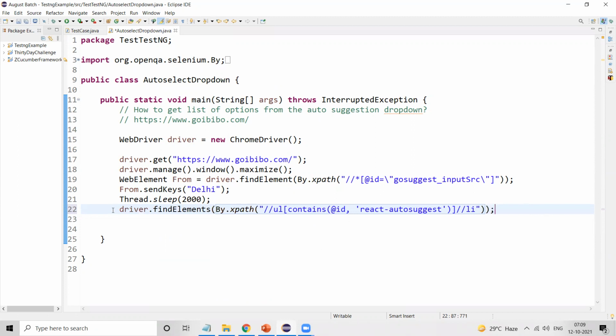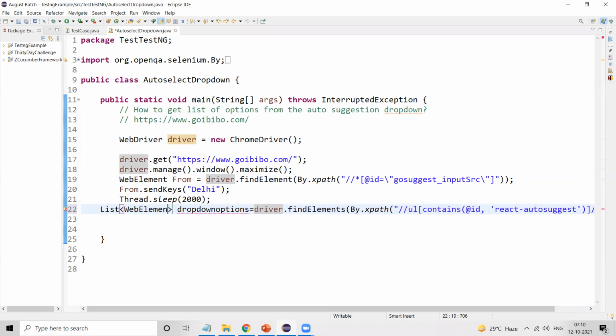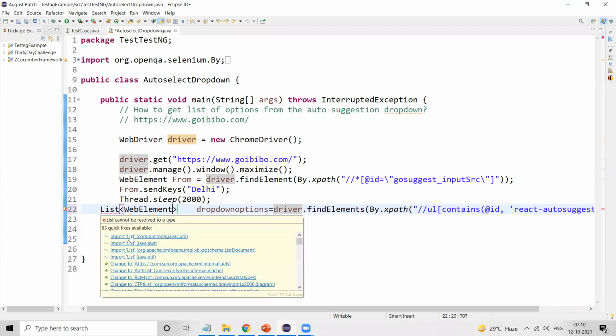I will store it in a drop down options. So I will store this in a list of options. I will import this.